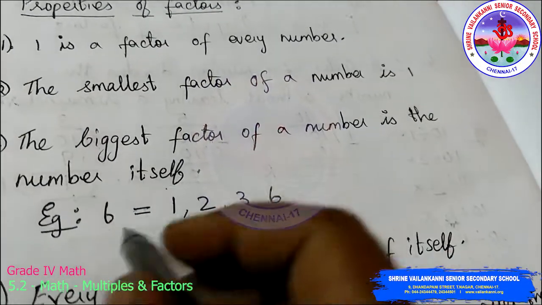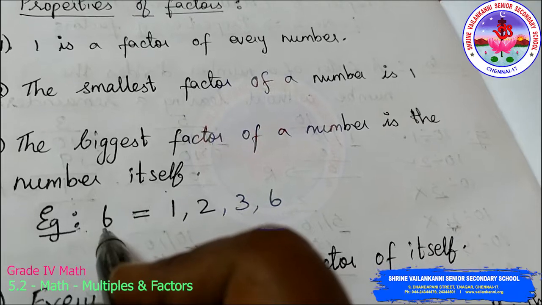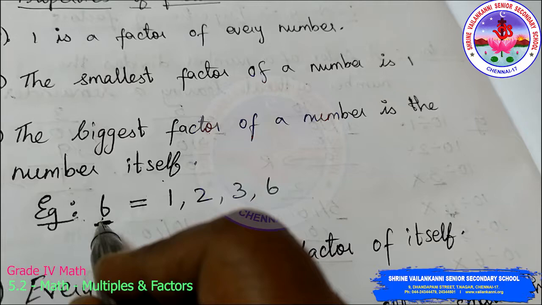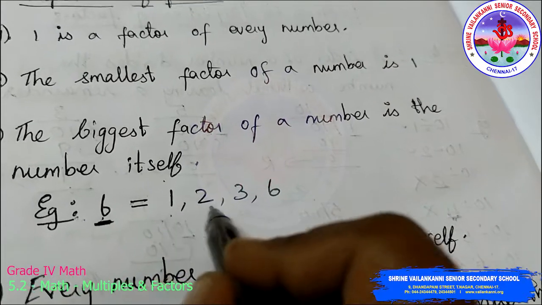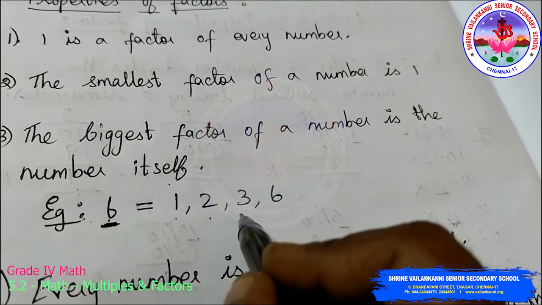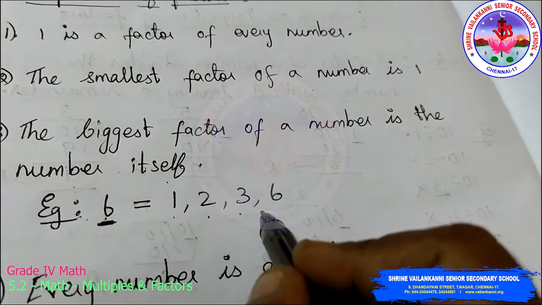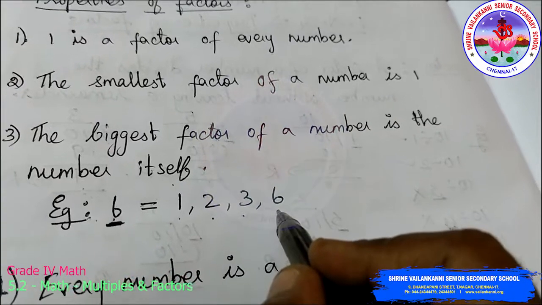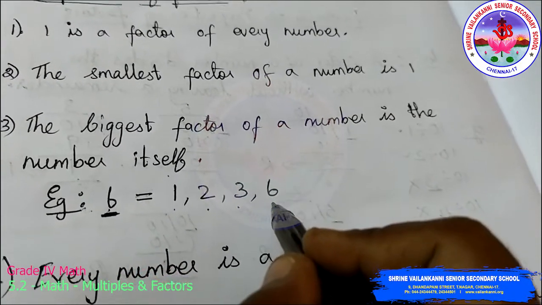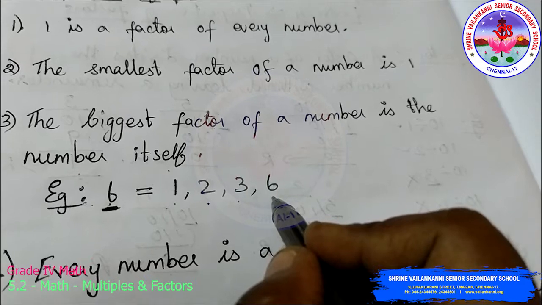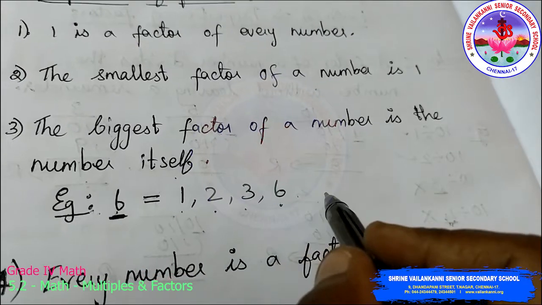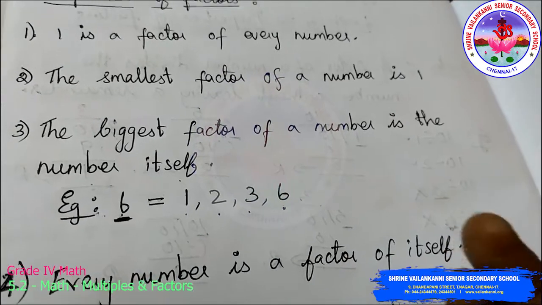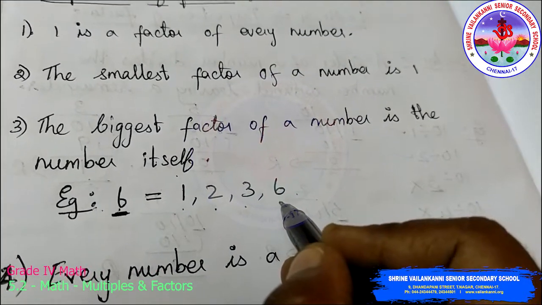Just now I told you an example. If you want to find the factors of 6, first the 1 table, 1 times 6 is 6. In the 2 table you will get 6, again in the 3 table you will get 6. Will the 4 table give 6? No. The 5 table? No. The 6 table? Yes, 6 ones are 6. After 6, do we need to check the 7 table, 8 table, 9 table? No, because 6 is smaller than 7, 8, 9 and so on. So we stop with this 6.